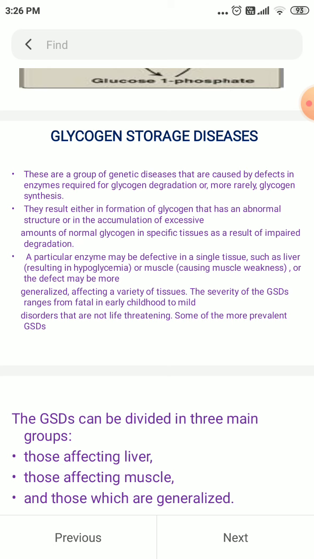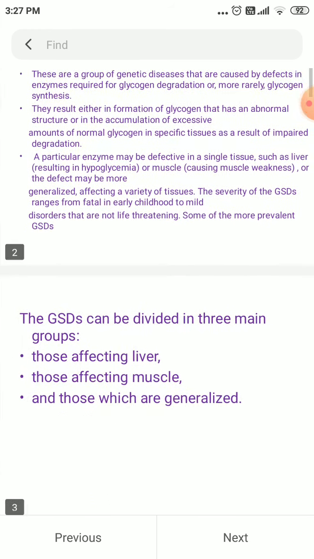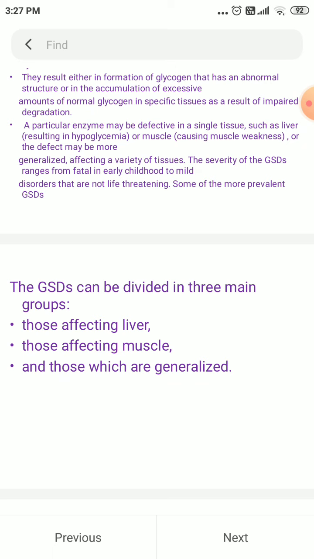So the severity of these glycogen storage diseases ranges from fatal in early childhood to milder, non-life-threatening disorders. Out of many, some glycogen storage diseases are much more prevalent, which we can come across. These glycogen storage diseases can be divided into three main groups, especially